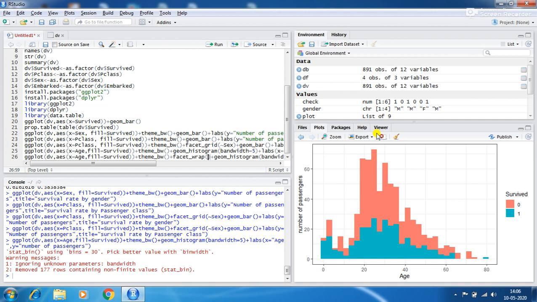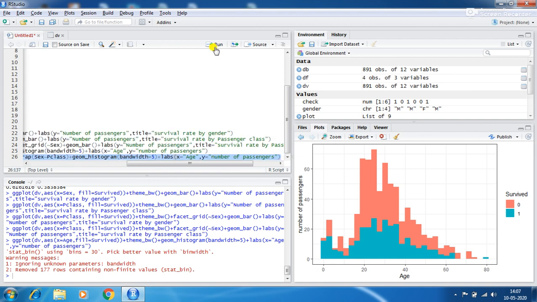So first is sex, and then Pclass. Okay, then we will select that line and run it.